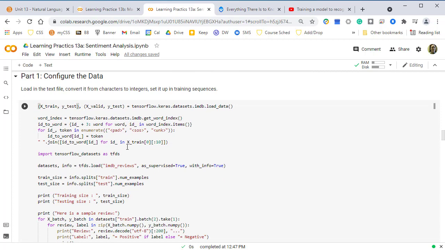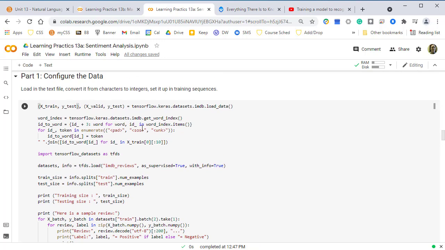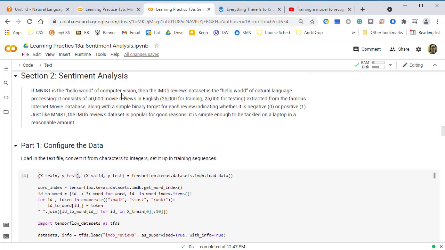I'm not going to go through this in detail. We're getting into some more complicated code because some of the libraries right now don't have built-in tokenizing set up quite the way we want it. So in this example there's more hard coding, but this is just reading in the data. We're going to look at what is often called the hello world of semantic or language work, and this is the IMDb